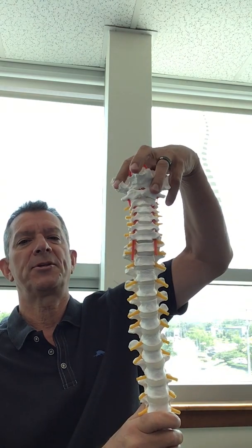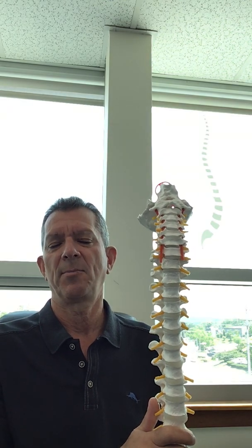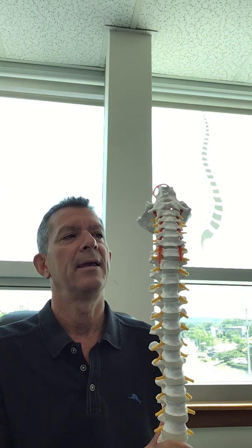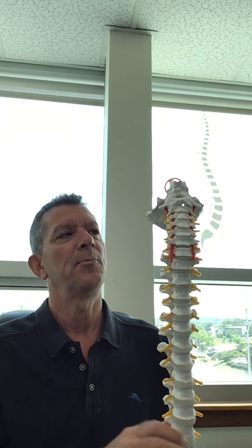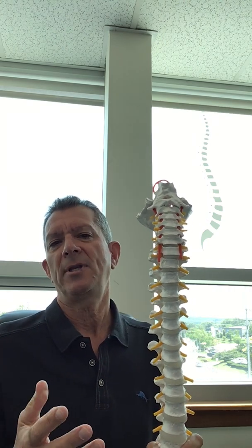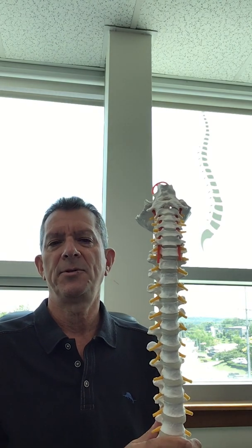Well, the brain sits up in here and controls the body. It constantly controls and regulates every function of every organ, tissue, and cell of your body from the day you're born to the day you die. And it sends messages down the spinal cord and out the nerves. And the nerves go everywhere. They go to every single organ, tissue, and cell of your body. And the brain is constantly monitoring and regulating every single function. So as you're sitting here watching this video, your heart's beating at a restful rate because you're not moving around very much. But if you were to get up and go do some exercise, your body's going to recall